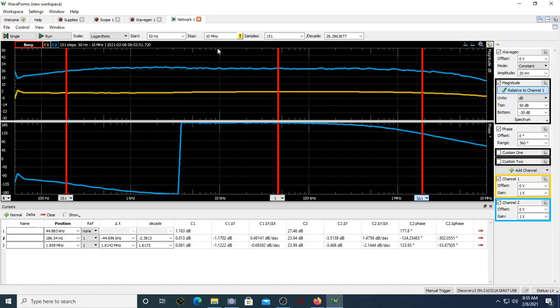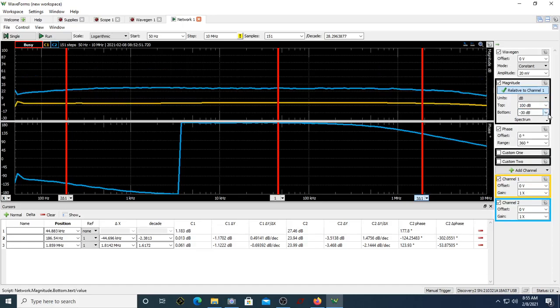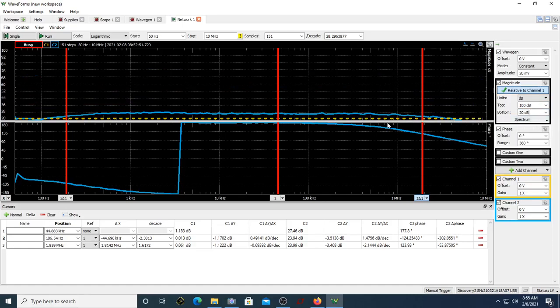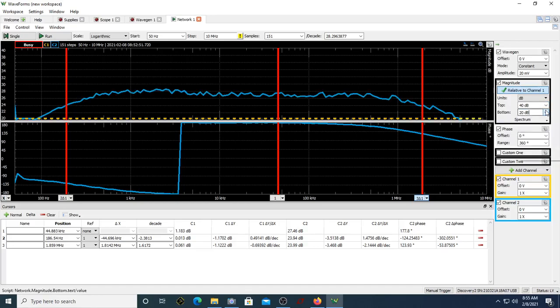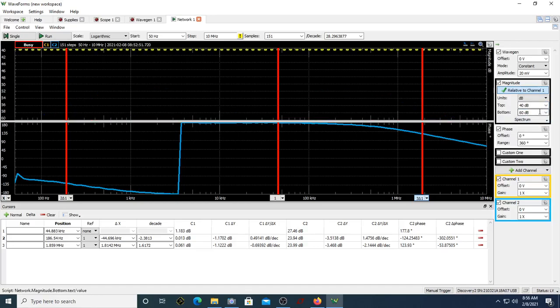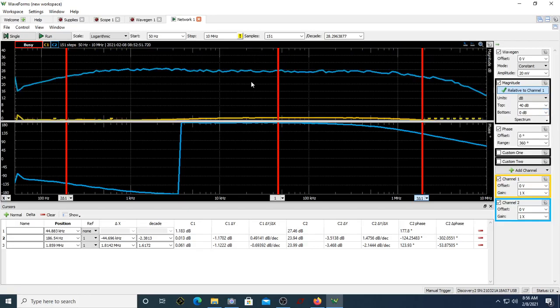And the top should be sufficient. Suppose if you keep the top as something like 100 dB and the bottom as 20 dB, you're not getting it. So make sure that the bottom is 20, fine. Since the top is there here, since it is not coming down, you can see this much is wasted here. So keep it comfortably at around 40 dB here. This is 40 dB. Don't keep the bottom more than that. Suppose if you keep the bottom as 60 dB and top as 40 dB, you are in trouble. So keep the bottom sufficiently lower, that of 40 dB. Keeping it as 0 is fine.